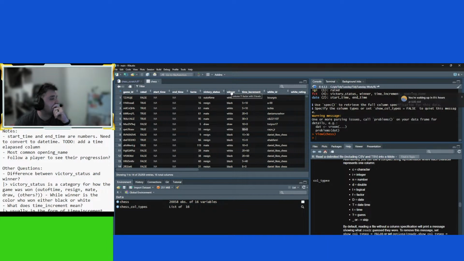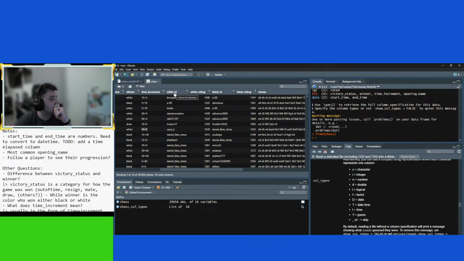Numeric range. Well, that still doesn't make sense to me, but we'll take a look at that.